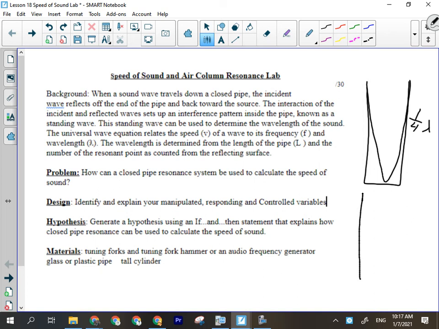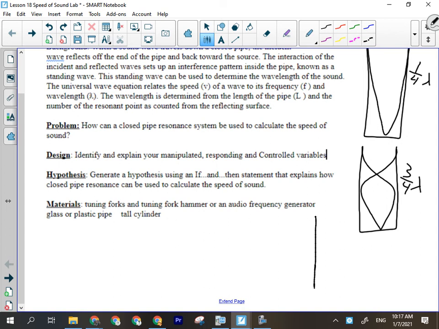We would hear a second resonant point when there is 3/4 of a wavelength in the tube. And we would hear a third resonant point when there is 5/4 of a wavelength in the tube. Sorry guys, the drawing didn't turn out very well there. Anyway, those are the 3 resonant points that we're likely going to be dealing with, with the